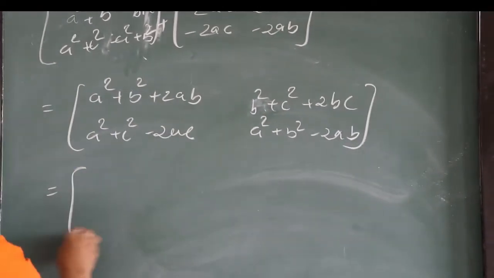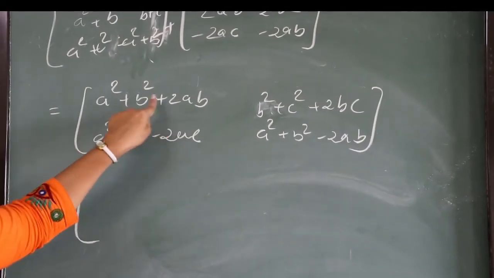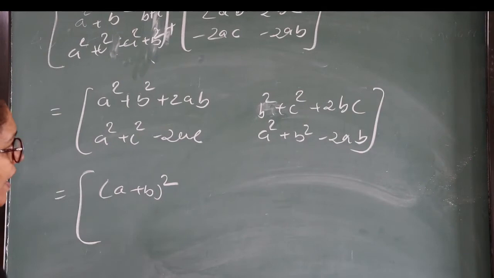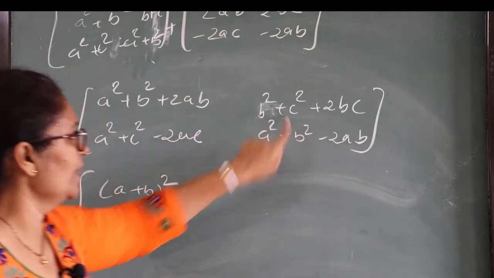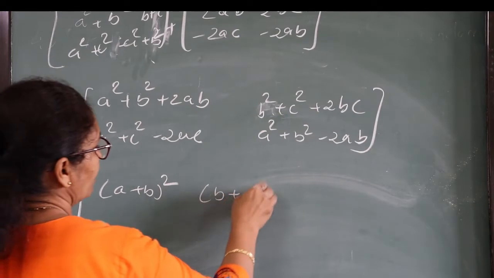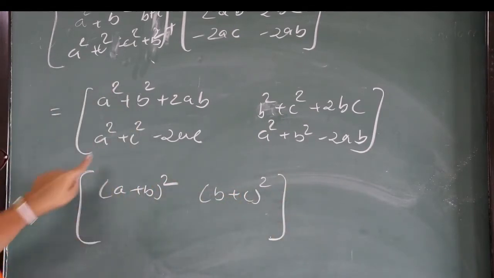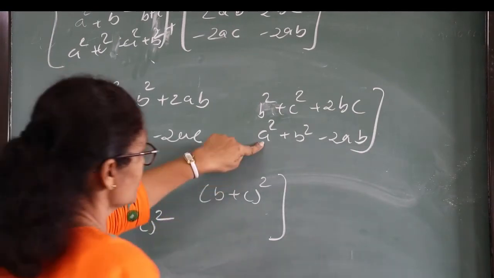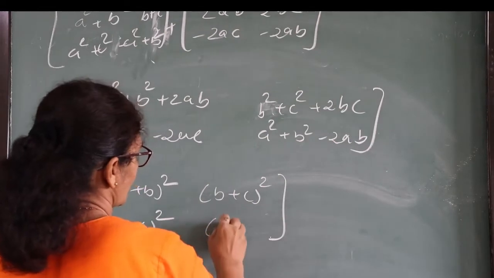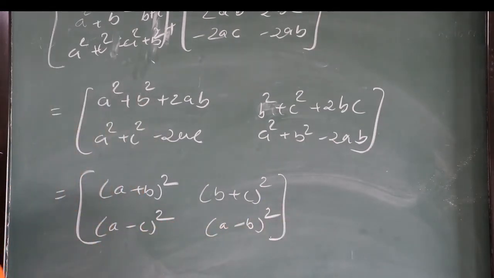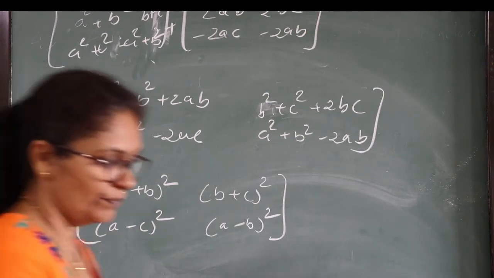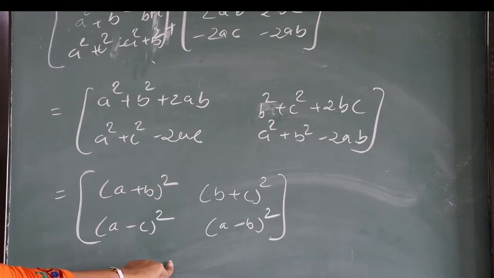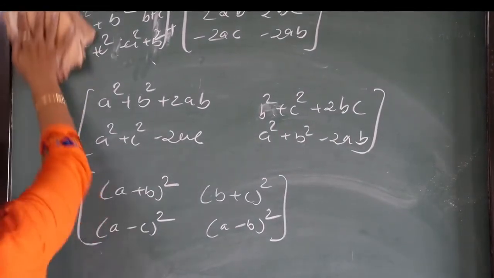Okay, now you tell me, what is it? A square plus 2AB plus B square. It is your formula only of A plus B whole square. Similarly, B square plus 2BC plus C square. It's again your formula for B plus C whole square. Similarly, A square minus 2AC plus C square. It is again a formula, and this also, A square minus 2AB plus B square, means A minus B whole square. So this is the easiest thing, but when it is given in addition form, you must write its formula. Okay, now next question.